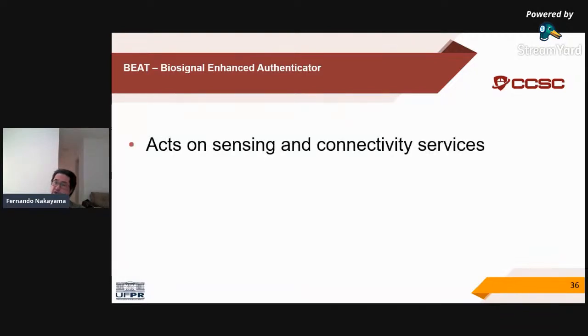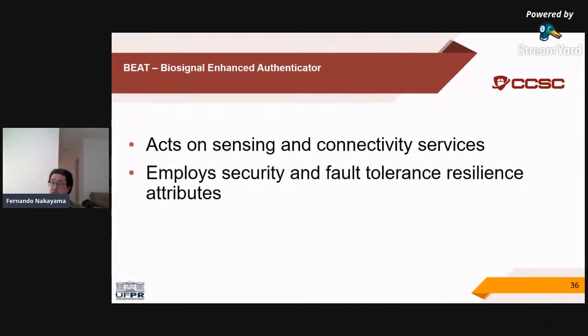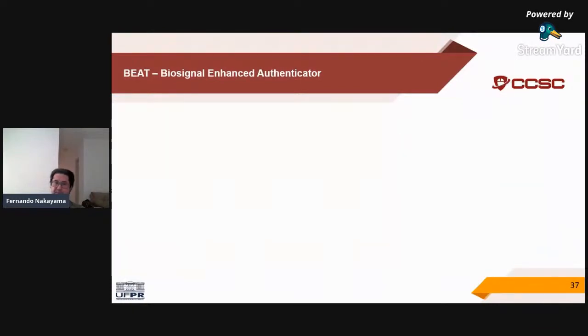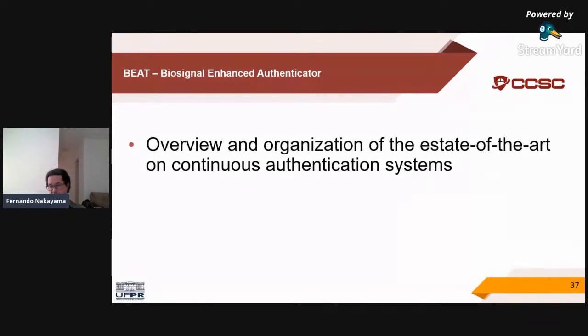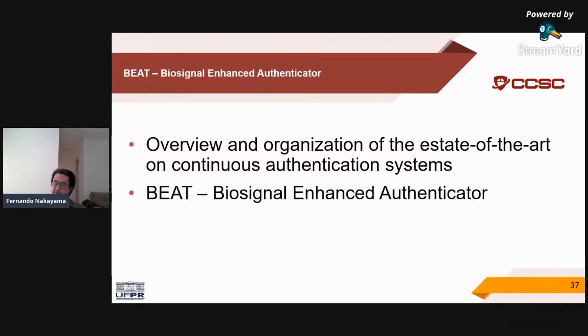The authentication system acts on sensing and connectivity services, and it employs security and fault tolerance resilience attributes. The contributions regarding this specific work are an overview and organization of the state-of-the-art on continuous authentication systems, and also